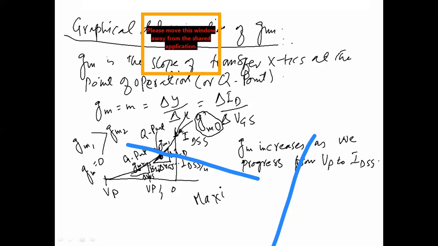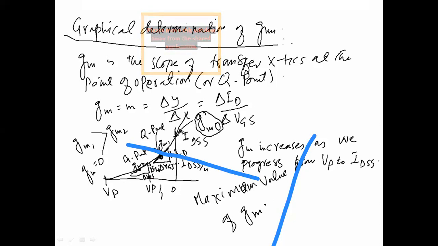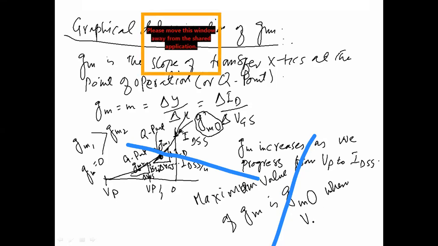So maximum value of GM is GM0 when which parameter is 0? When VGS is 0. ठीक।